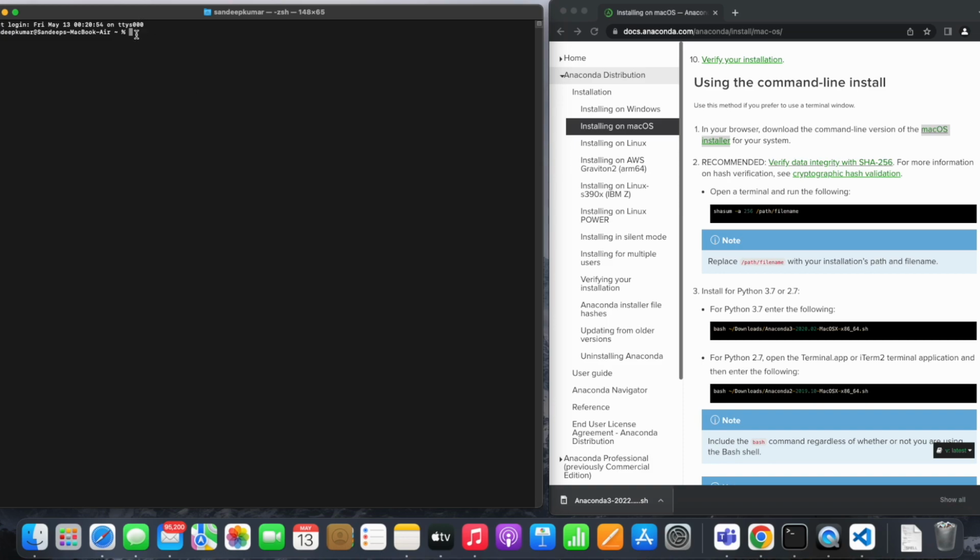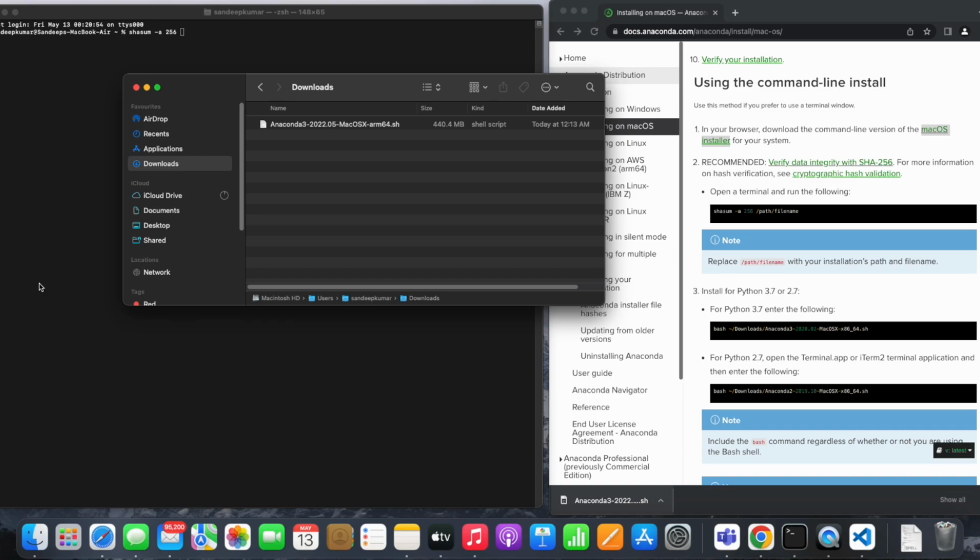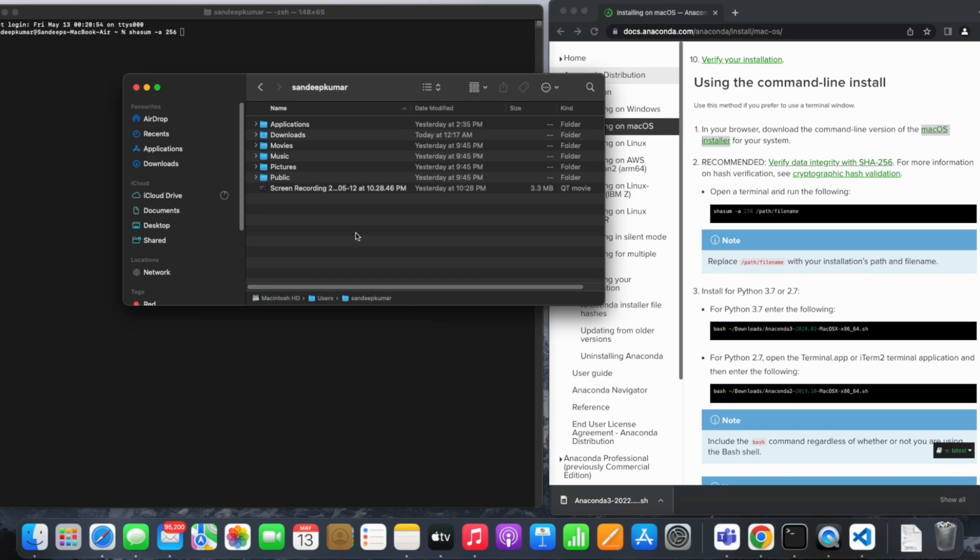and then we are going to write the same command as in the documentation, sha hyphen a 256, and next we need to give the path where we need to install the Anaconda. So we are going to open the Finder and go to the download section, and we are going to this location. So we just need to copy the path name from here,